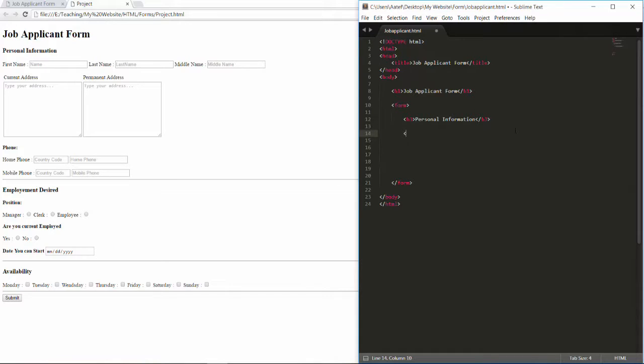Then create an input type text. Before that, first name, input type text, set name, first name, last name, input type text, name, last name,